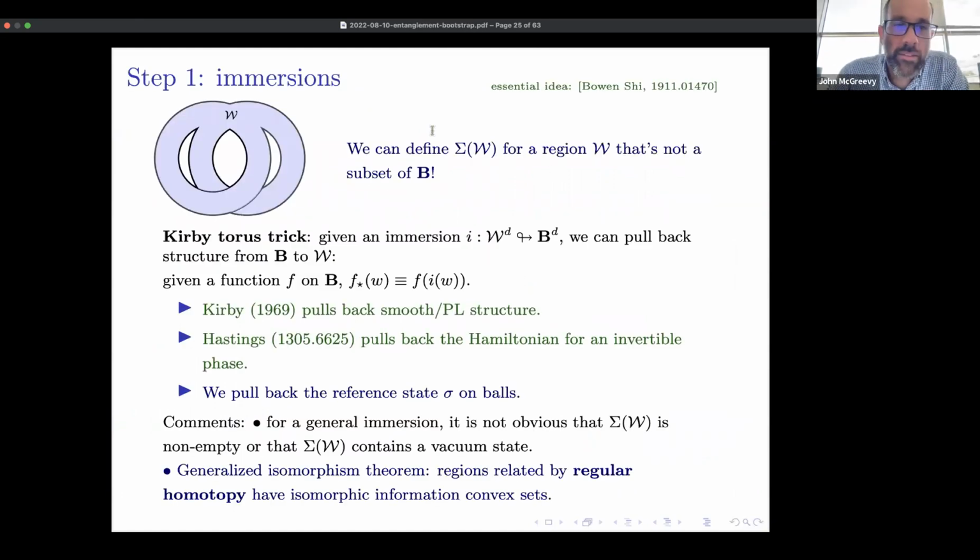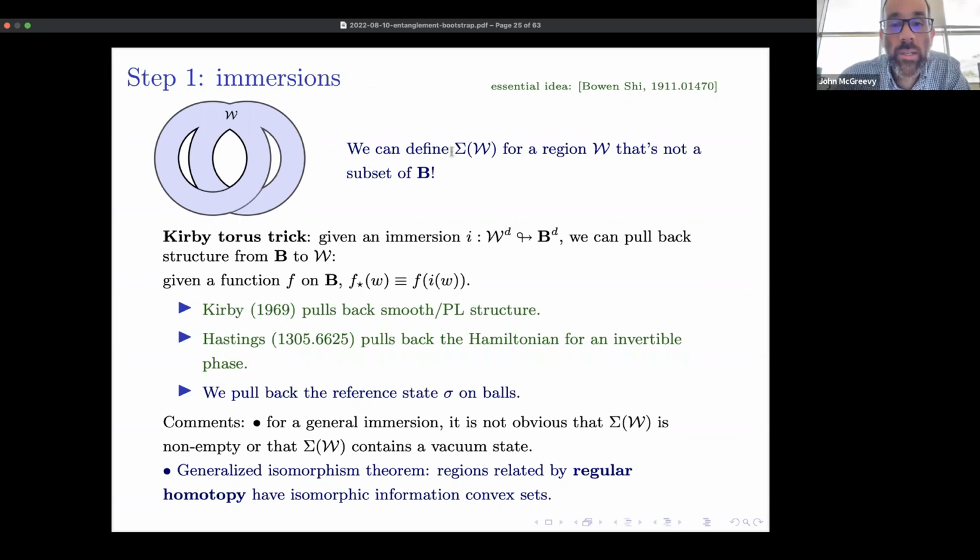So the key first step is this notion of immersions. Immersion is a word from differential topology, which generally implies some kind of smooth structure. And I'm going to use that word because I do want to convey that the maps I talk about, I don't want to talk about horrible pathologies like Alexander horned spheres. So I'm just going to talk as if there were a smooth structure.